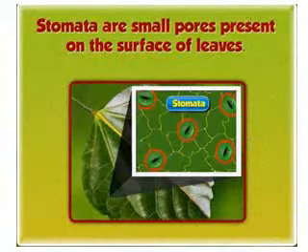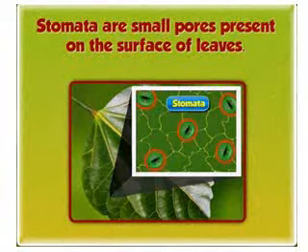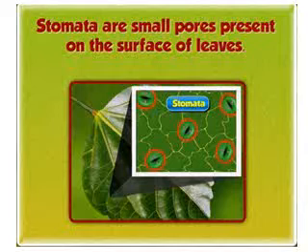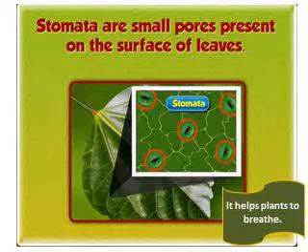One more part of a leaf. At the underside, or you can say in the back side of the leaf, if you turn over a leaf and look into, you will just see small holes on that surface. Just check it out. Whenever you see a leaf, you will find that these are visible. Those small pores or small holes on the surface of the leaf or on the underside of the leaf, these are known as stomata. And what does the stomata do? It helps the plant to breathe.